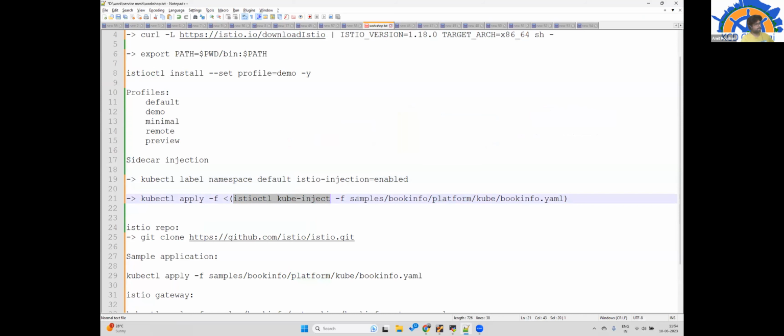What it does is generate a YAML file, statically injecting that information, and then I need to apply it with the kubectl apply command to deploy it inside the Kubernetes system.